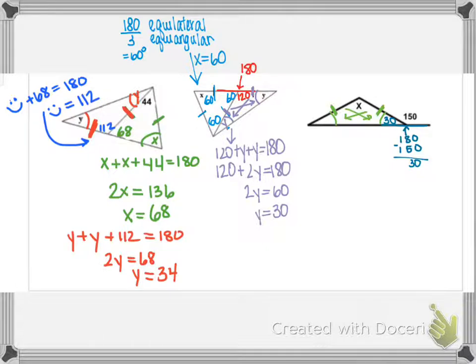So since that bottom right angle is 30, because of these congruent angles down here on the base, this angle here on the left is also going to be 30. So then we will solve for x. All the angles of a triangle add up to 180. So I'm going to have x plus 30 plus 30